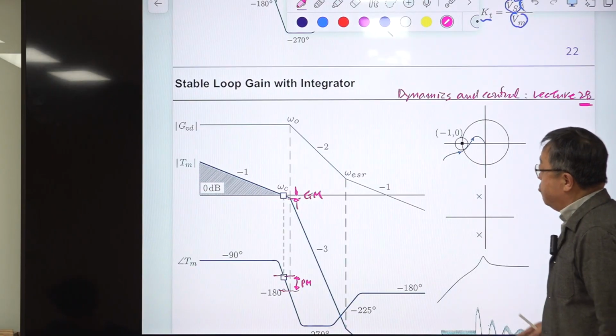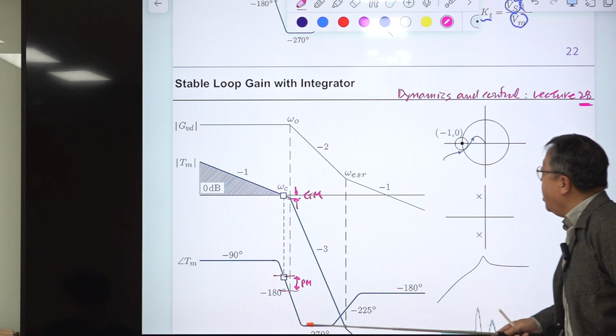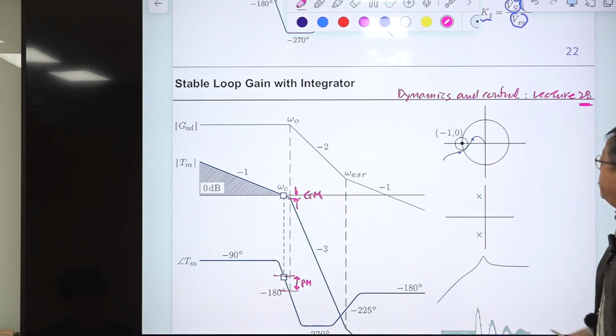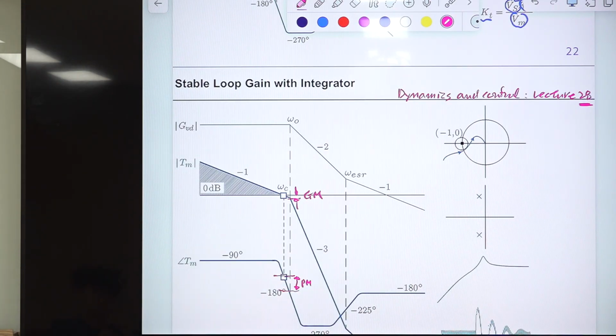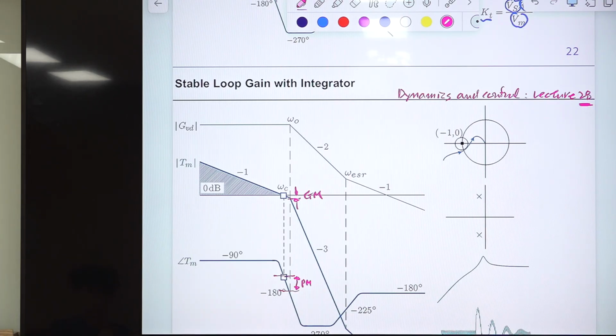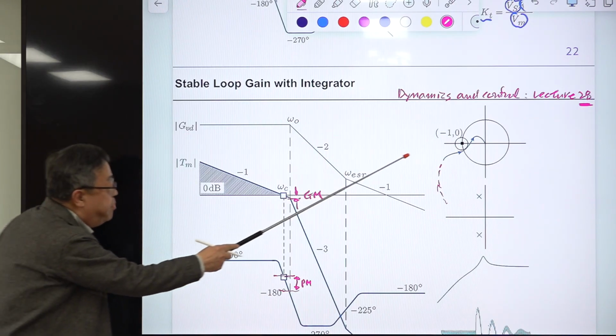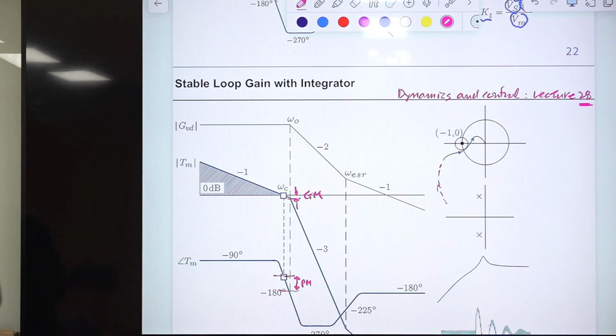Okay. Assume somehow you have maintained a very small phase margin and small gain margin. Then the polar plot of loop gain for this case is this one. Okay. Because it starts out at minus 180 degree, maybe it starts out somewhere here. Okay. But it crosses, it does not pass this one, but this distance is very small, so this angle is related with PM, phase margin, and this distance is related with this gain margin.